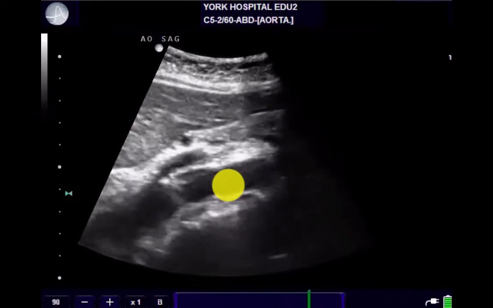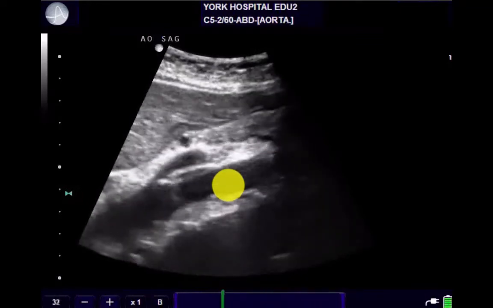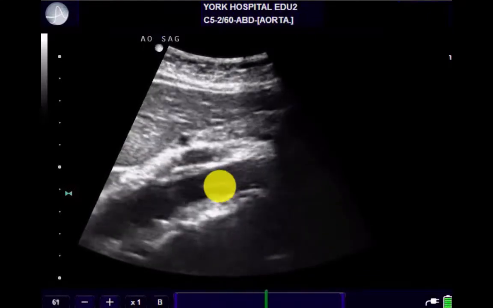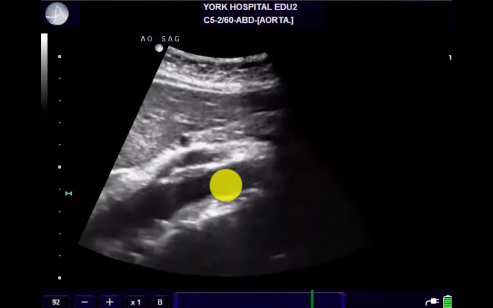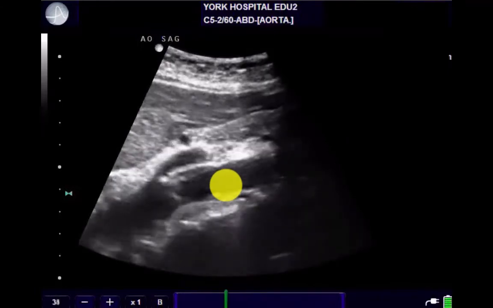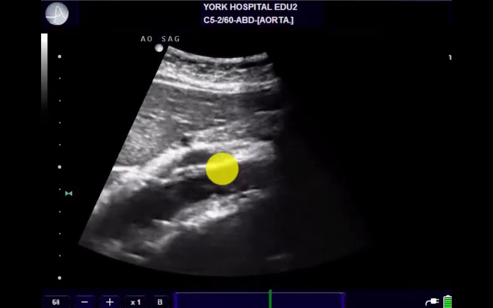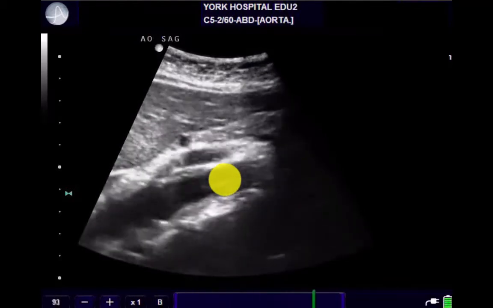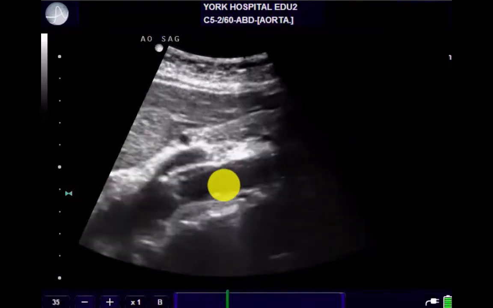So this is an artifact that we started noticing when we were scanning a lot of folks looking for dissection. And we tend to notice it right here after the takeoff of the SMA. We CT'd a lot of these people and found that they just had a very heavily calcified aortic wall. No aneurysm, no dissection, just calcification. And what I think this is, is some kind of mirror image artifact, or reverberation artifact that is causing this line